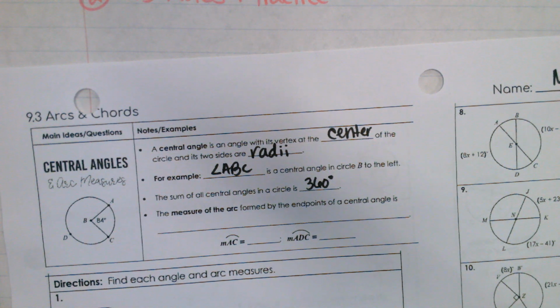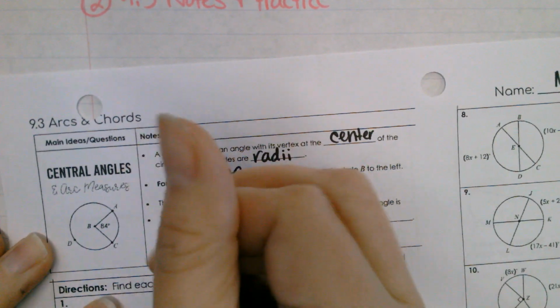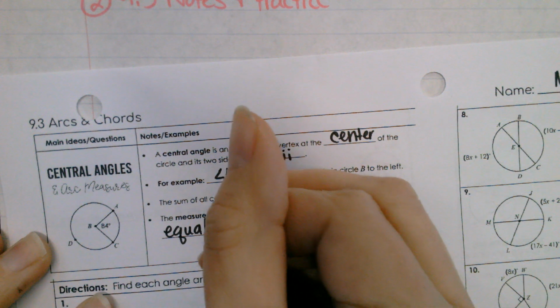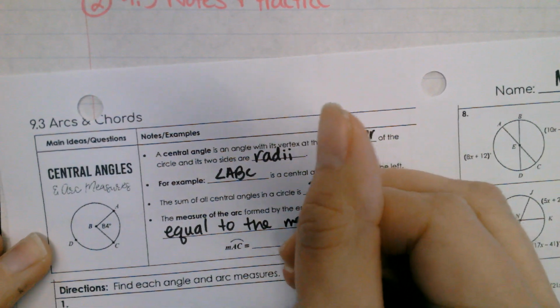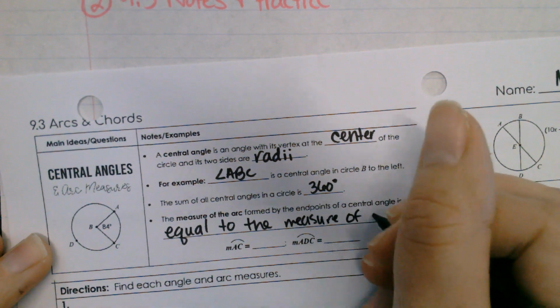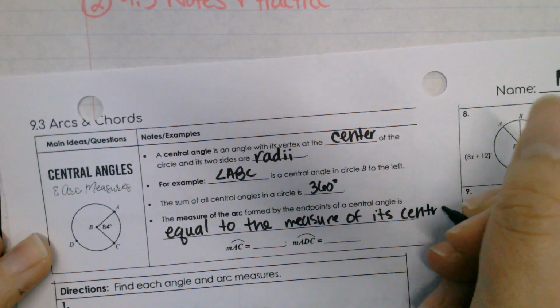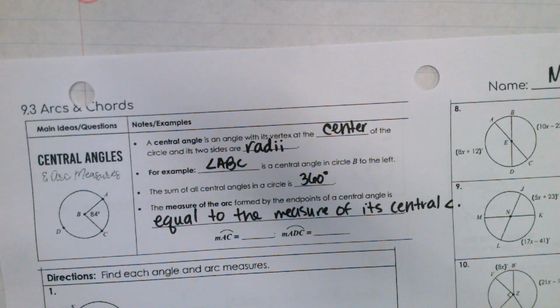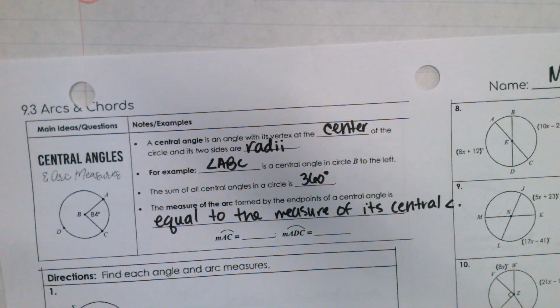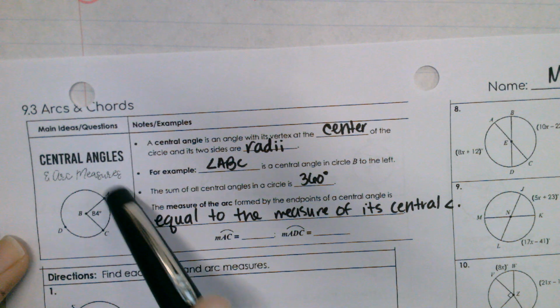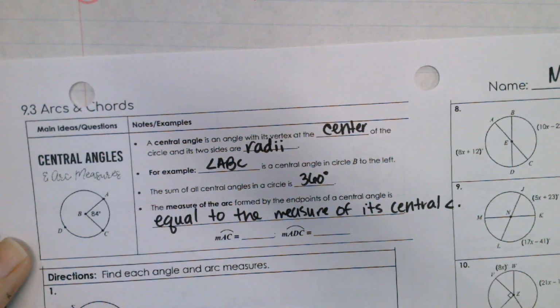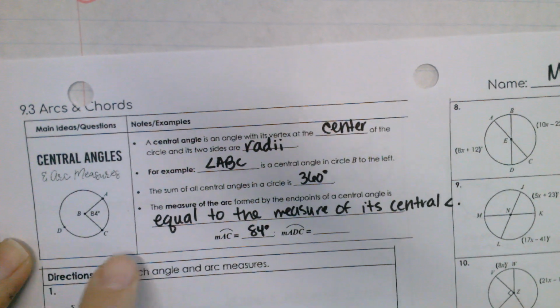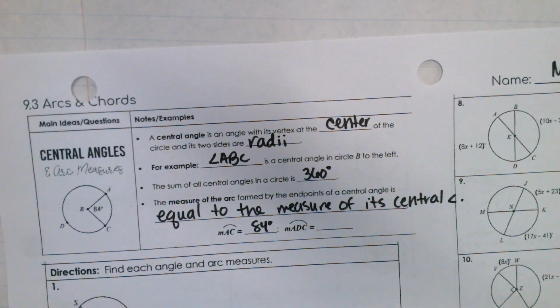Okay? So the measure of the arc formed by the endpoints of the central angle is equal to the measure of its central angle. So it's literally equal to the central angle. Whatever that degree is, it's going to be equal. So AC's degree would be how many degrees? What would the measure of that arc be? Yeah, 84. But then going around the arc to the other side,